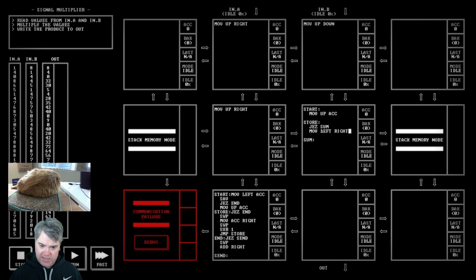That's good. And then I want to subtract 1 from our sum. So sub 1. And then next time we run store, we're going to check to see if we're equal to that or not. So then we're going to jump to store. The problem here, though, is that you need to keep on sending out this one until I tell you otherwise. So I almost want to say,